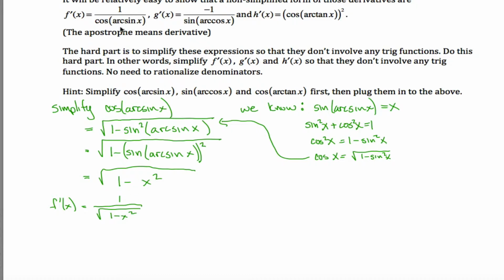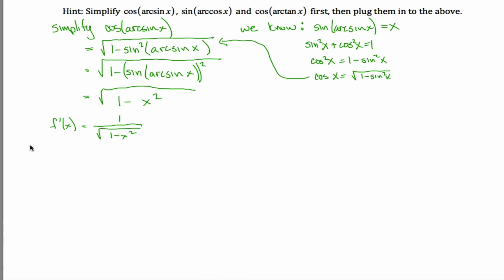Because up here it says f prime of x is 1 over cosine of arcsine of x. And that's it. You can do that same thing a couple more times, and that's not entirely true. We'll do that same thing one more time. Let's simplify